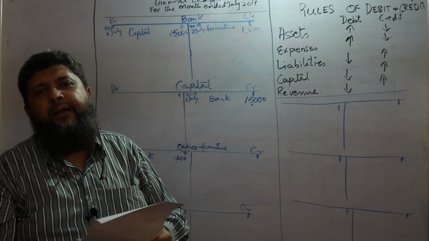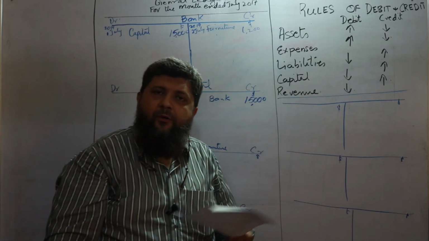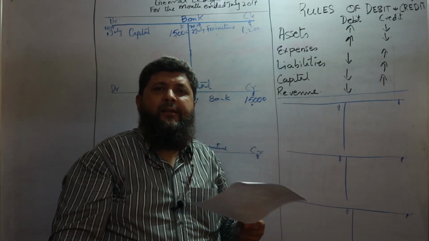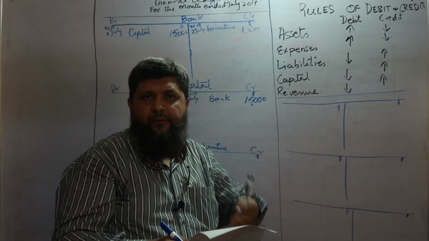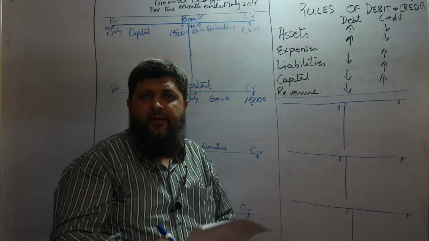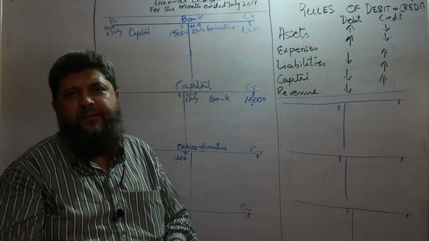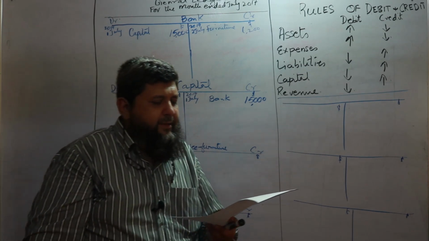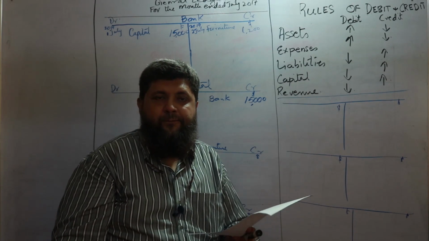We need to learn these rules of debit and credit, and how we will learn them: not by rectification, but by practicing, keeping these rules with you in written form while solving the questions. Refer to these rules again and again, and after 2 to 3 questions you will have memorized these rules of debit and credit, right? The third transaction is bought machinery 1400 on credit from Trees Limited.